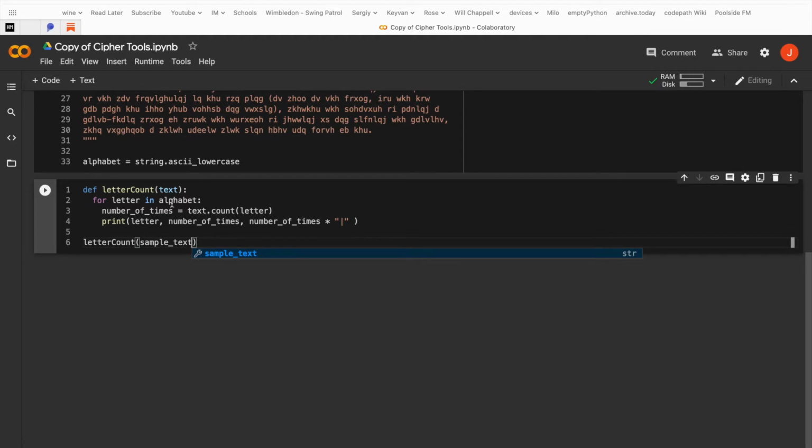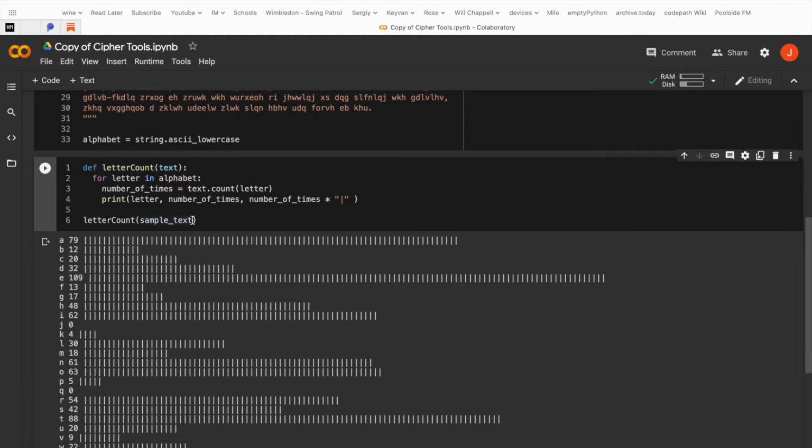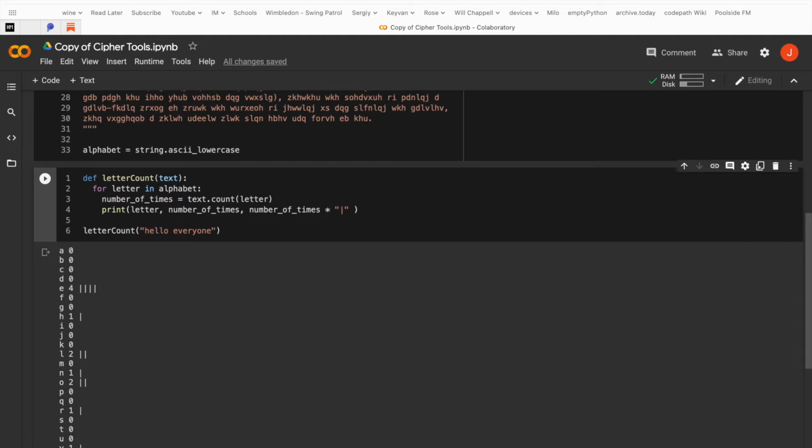Sample text, and then if you run that, should all look great. Yeah, that looks good. And we can put anything we like in there, obviously, to give it a test. Let's put something else in, see what that gives us. Should just behave itself, which it does. Great. There's lots of nice things you could do for this, by the way. You could find a way to maybe not print out lines that are 0,